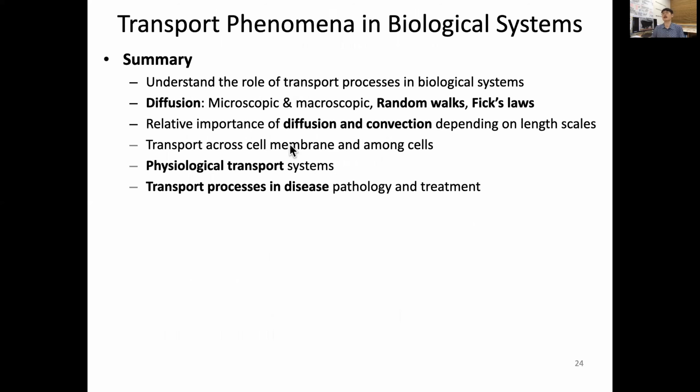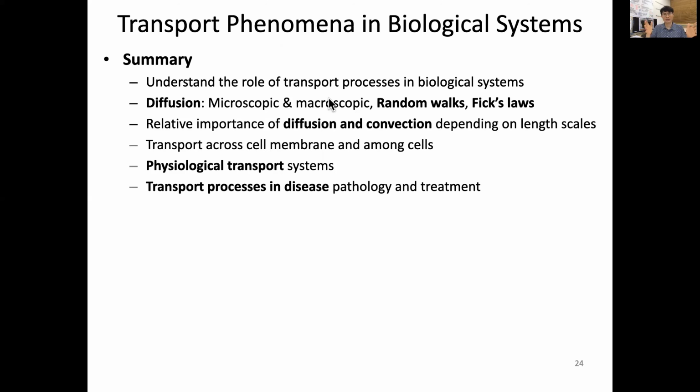So now let's summarize our transport phenomena in biological systems. We understand the importance of these transport processes in biological systems, both in normal physiology and in pathology. And especially diffusion, at the micro and macroscopic points of view, understanding is very important. And as the analytic tool for understanding this, we introduced random walks and Fick's first law and second law to describe this diffusion as a physical mathematical equation. And also we discussed the